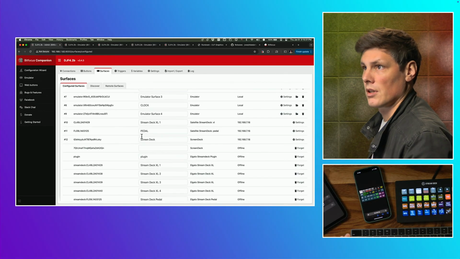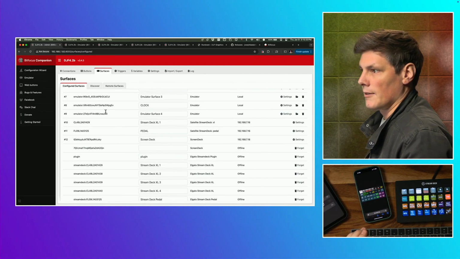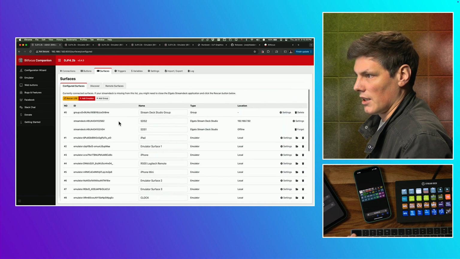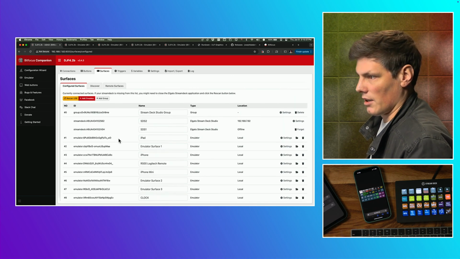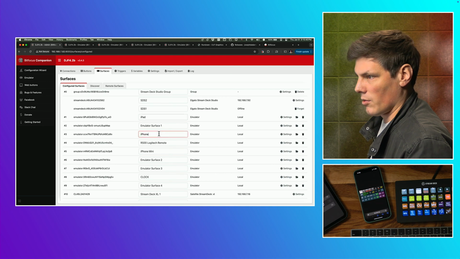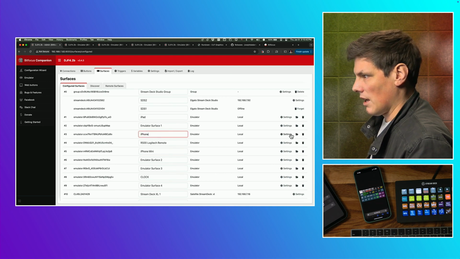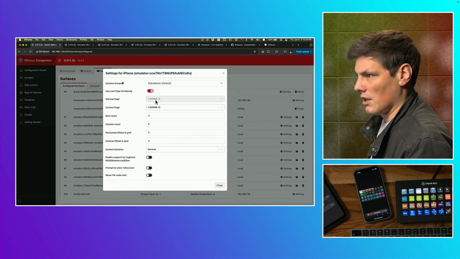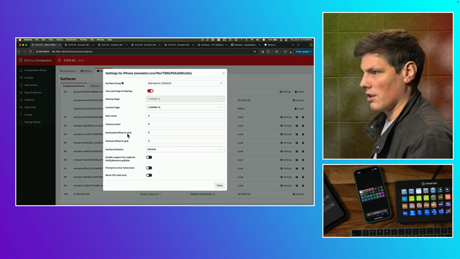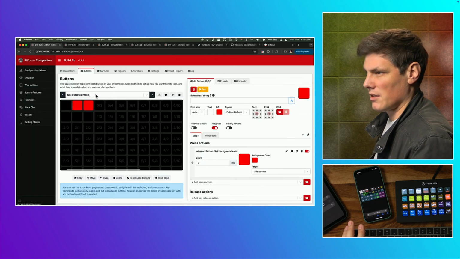No, let's go to SuperSource, then you can see what I'm doing. So I've created an emulator here. I've got one called iPad and one called iPhone. And under settings, you can see the page that it's set to and the settings for that. If I go to buttons,